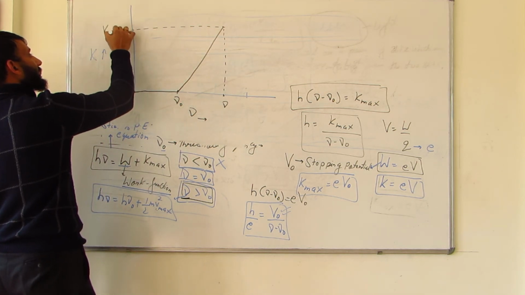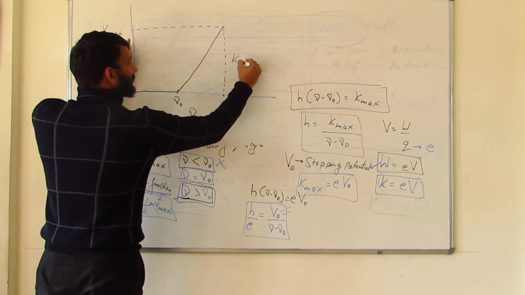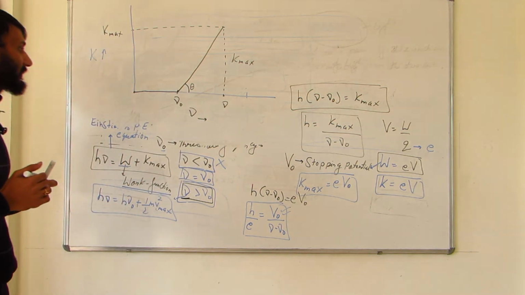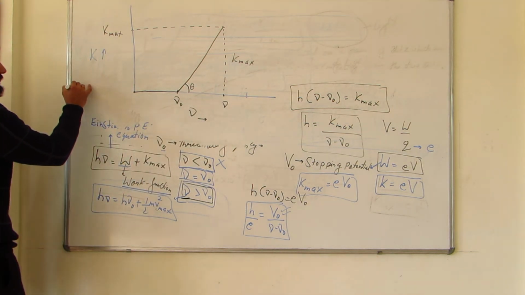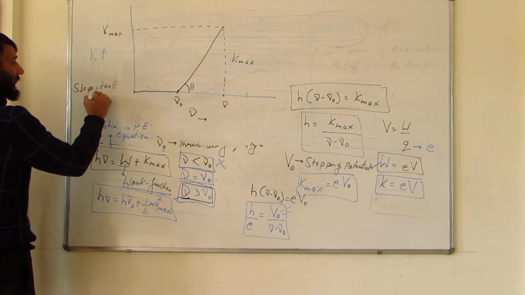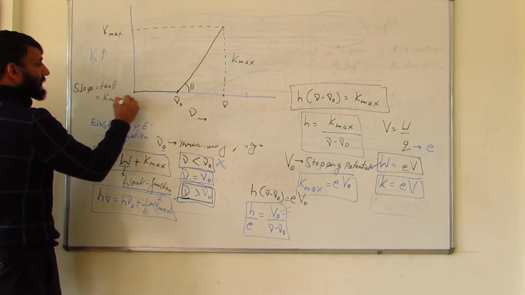So this is K max. If I try to calculate the slope, you all know that slope is equal to tan theta. Tan theta means perpendicular upon base,